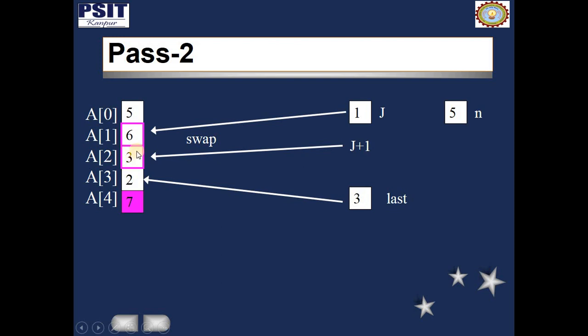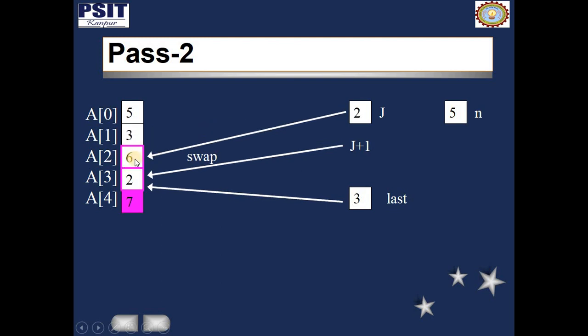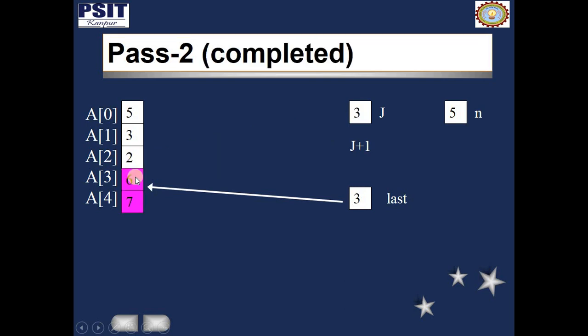Okay, so 3, adjacent element is 3, 3 is smaller, then swapping will take place. So after swapping it will become like this. So in next step I will compare a2 with a3. j is 2, adjacent element is 3, third index, so a2 with a3, that is 6 and 2. So 2 is smaller, then swapping will take place, and arrangement will be like this: 5 3 2 6 and